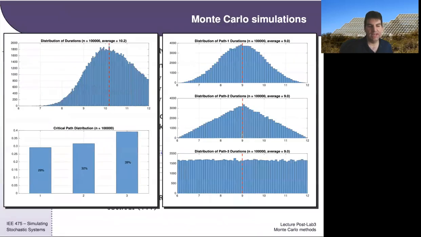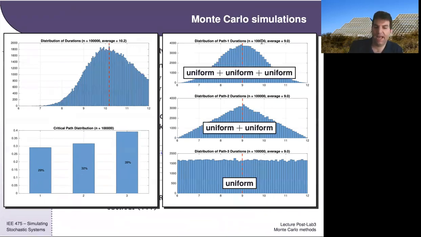In order to understand that, what we can do is look at the distribution of times along the top, middle, and bottom paths. And what we see is that along the top path, where it's 3 uniforms added together,